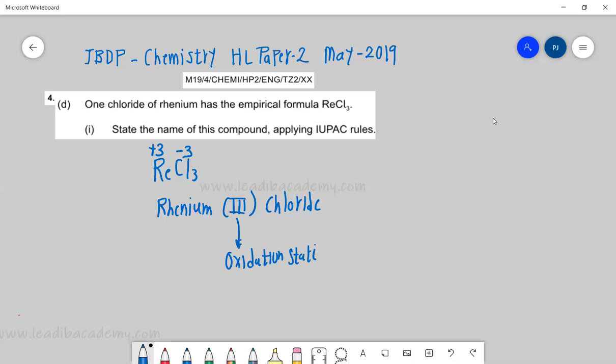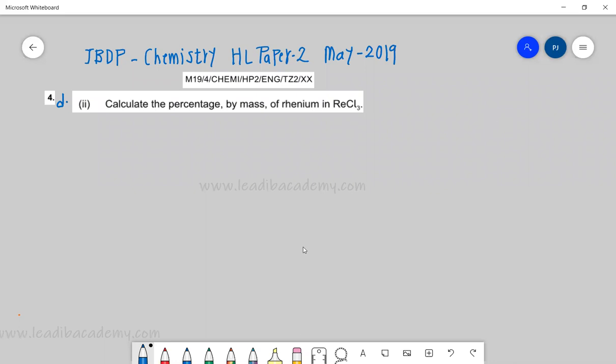Okay, very simple point. 4.2, calculate the percentage by mass of rhenium in rhenium chloride. Okay, so how to calculate? Simple. First calculate the molecular mass